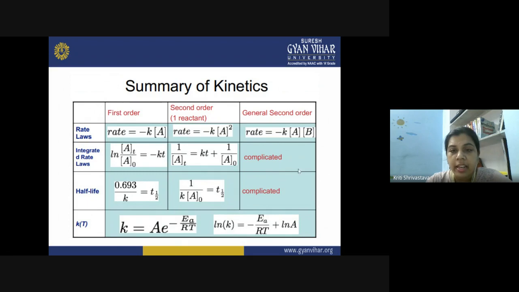So for complicated reactions, we cannot just apply these simple calculations, and instead we apply the Arrhenius equation here, and this gives the rate constant. From the Arrhenius equation we can calculate the rate constant. All the terms have their usual meaning: Ea is the activation energy for the reaction, R is the gas constant, T is temperature, and A is the pre-exponential factor.